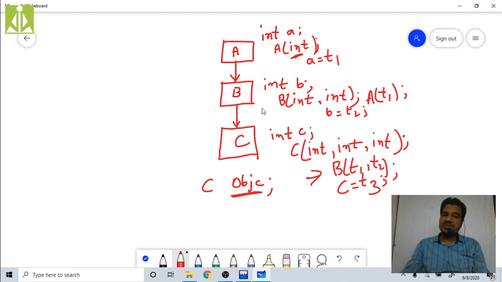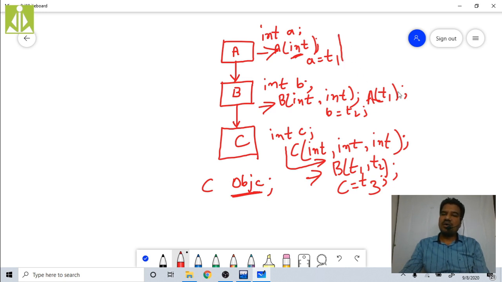Inside this B class constructor, we have one more immediate constructor, that is A class. So first the control will start from here, then it will encounter this and jump from here to here, then it will encounter this, jump from here to here, and complete the execution of this A constructor.